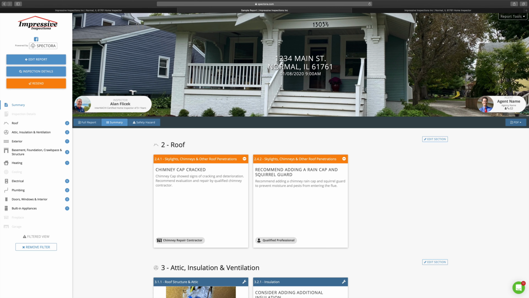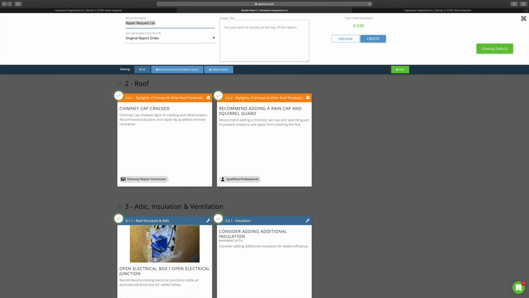Next, I want to show you under the report tools up in the right corner. Up here, you can actually use our repair request builder to check the boxes of items that you want fixed by the seller or potentially want fixed by the seller. So I want the chimney fixed, and you can ask for a credit, or you can ask for a comment. You can enter the amount requested, or say repair by qualified